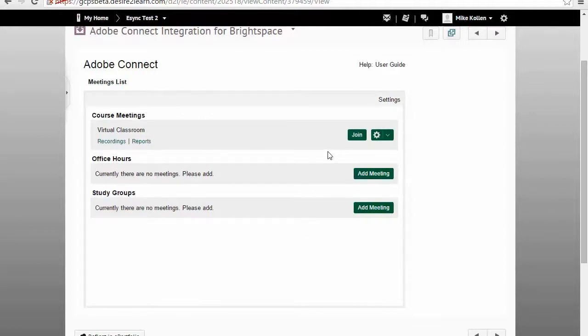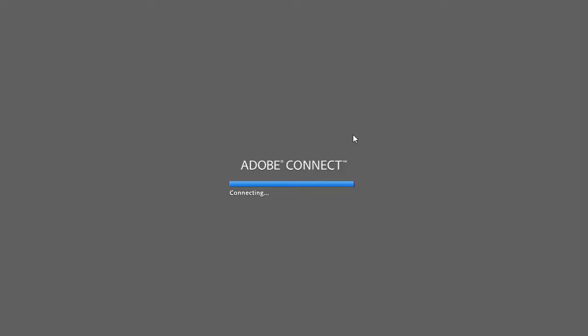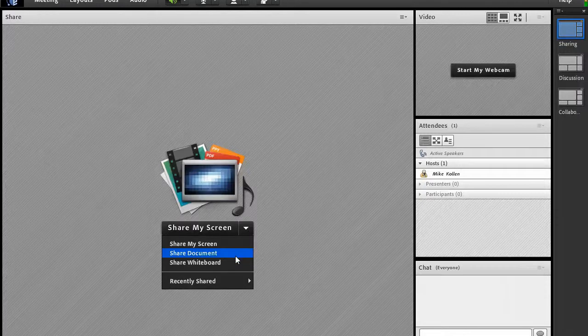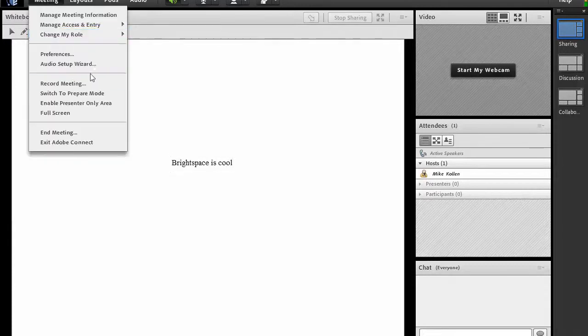And it has now officially created that Adobe Connect meeting and created the single sign-on for the instructor in this case. So I'm going to click Join. That's going to launch me into the Adobe Connect meeting for the room that was created. I'm going to go in and just have a little fun. I'm going to create a whiteboard. Say Brightspace is cool. I'm going to record the meeting,